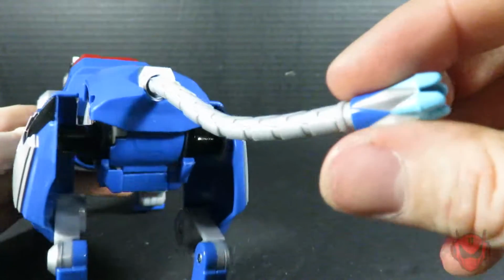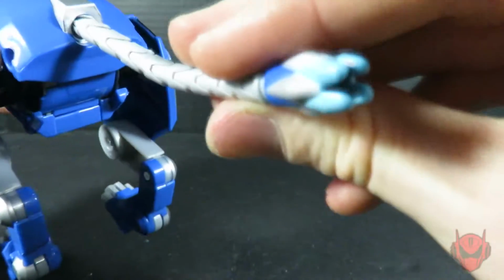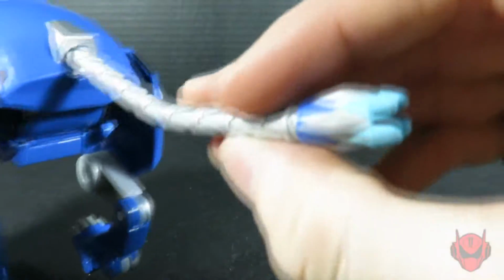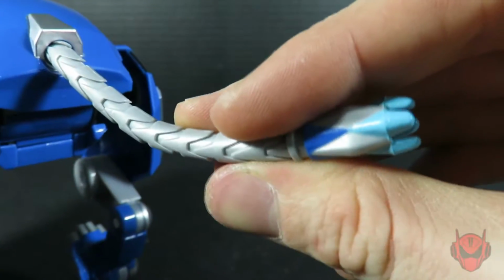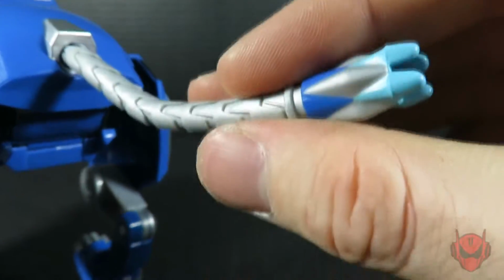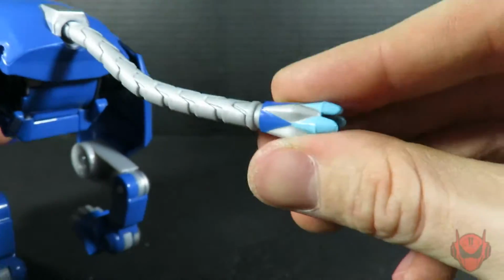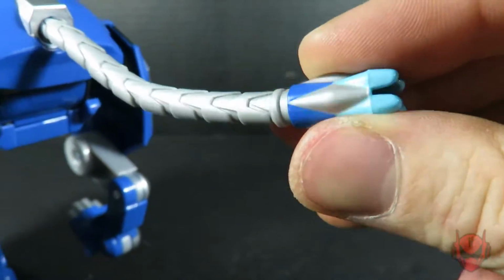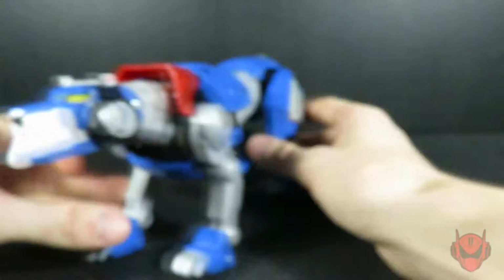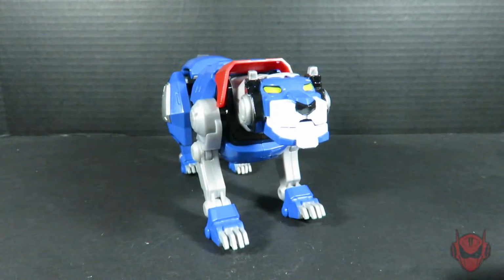So yeah. And then, of course, the tail is nicely painted at the tip with that all-spark blue, the nice blue to match up with the blue plastic. Well, they know their paint colors, don't they? Everything seems to match up perfectly, especially the yellow, something that Hasbro can't get right with their Bumblebee Transformer figures. Pretty cool. Nice silver done for the diamond of the tip of the tail. And not much else to really say here, so let's go ahead and take a look at the accessories that